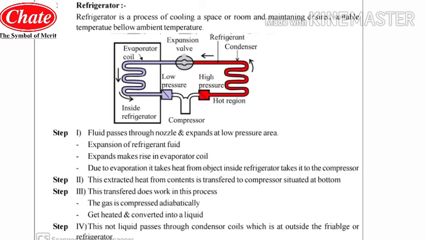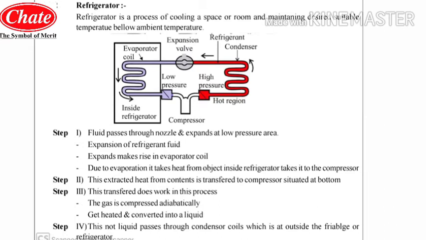And as this liquid gets expanded in the expansion valve, there will be a conversion of liquid into vapor. Means there will be evaporation. So the pressure will be decreased. Thus coldness will be generated, and this will further pass into the evaporator coil, which is situated inside the room. Means you will feel comfort because of this evaporator coil. And this further passes through the low pressure area again into the compressor,